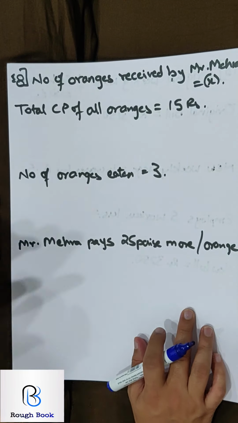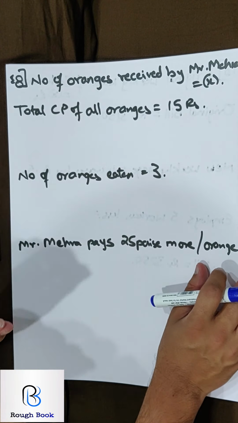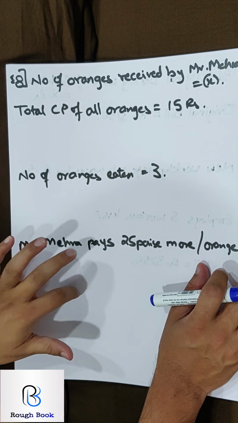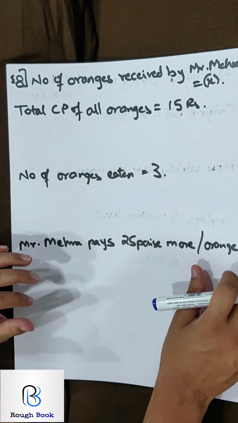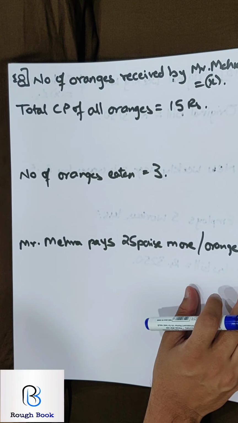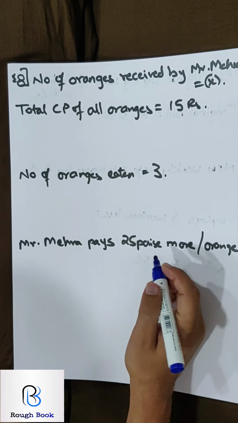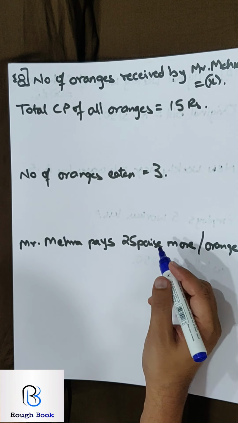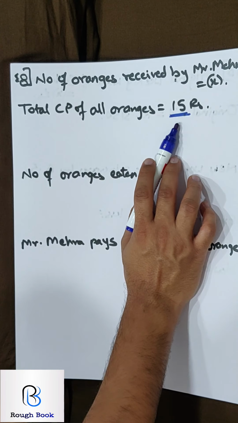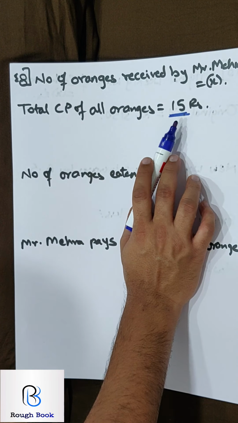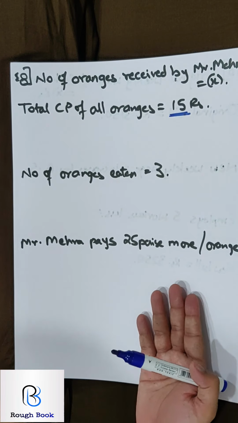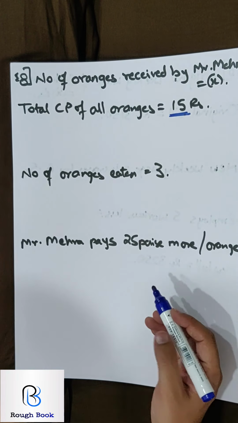Sum number 8. Again put star beside it. Very important question. Last year in one of the schools I had seen this in their question paper, in the October paper. So let's try this nicely. Mr. Mehra sends his servant to the market to buy oranges worth rupees 15. So Mr. Mehra has given his servant rupees 15. With rupees 15 he wants to buy oranges. In today's world, what are you going to get for 15 rupees? Which year's question is this?